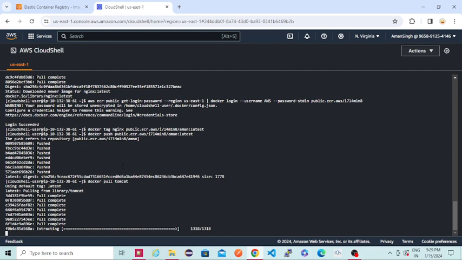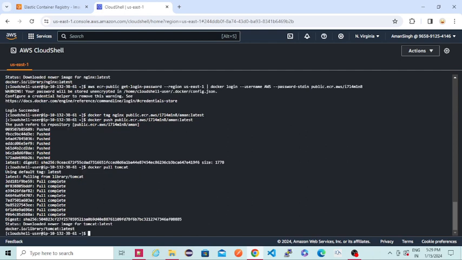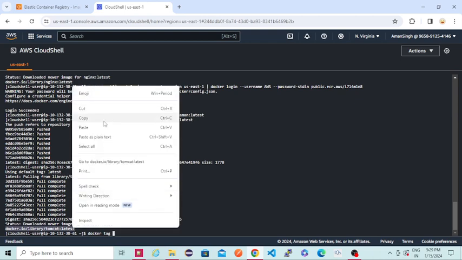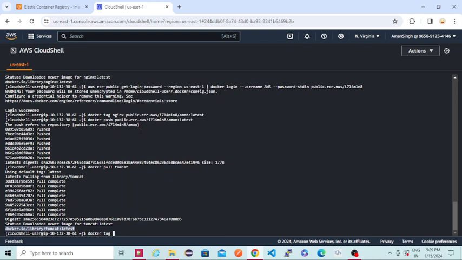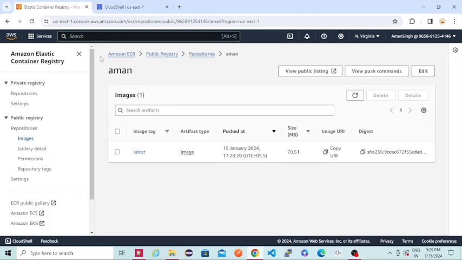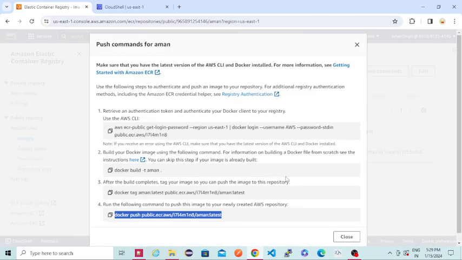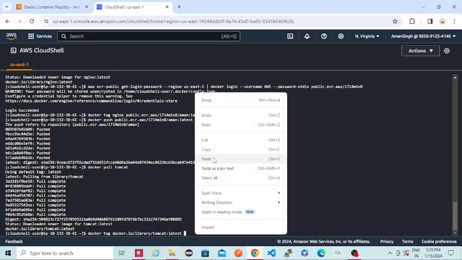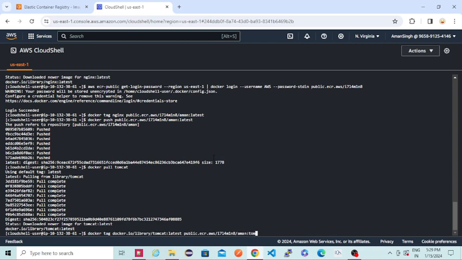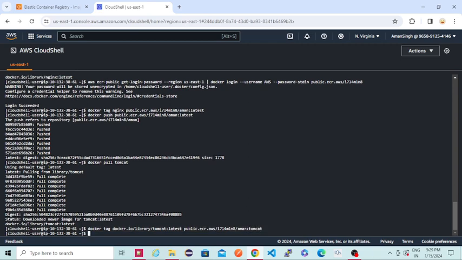So you can see now it is extracting all those images, and now this pull is completed. So what I'll do is docker tag, and I'll name this image, that Tomcat image, and instead of this latest one, I'll just give this as Tomcat. So here you can see I'm tagging it with the Tomcat tag, and this is completed. Now I'll do a docker push,